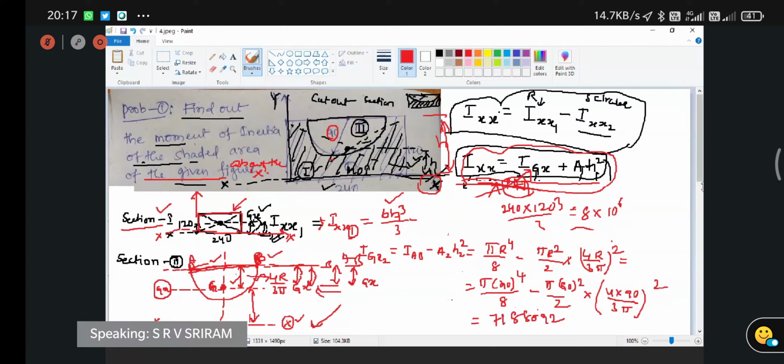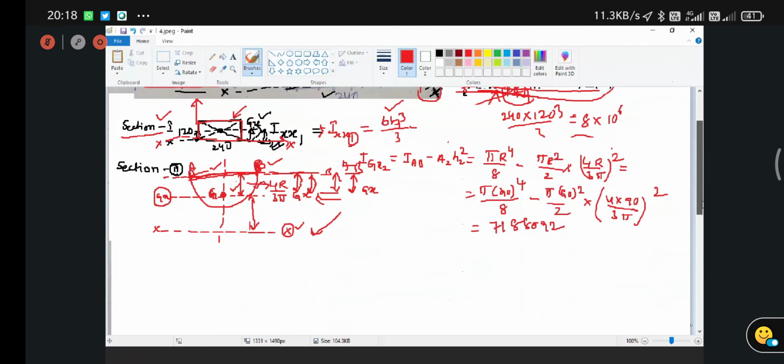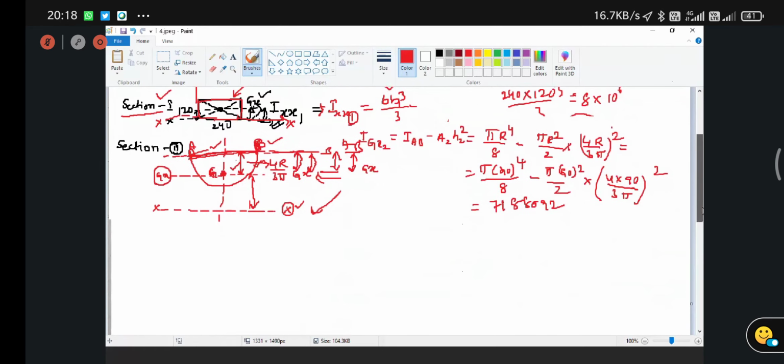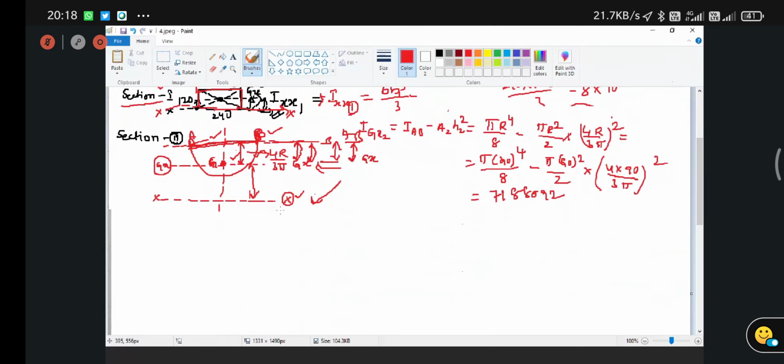This is the IGX2 value, about the central axis. But I want to find the moment of inertia about this x-axis, not about the central axis. For that purpose, these two are now parallel axes. What I am going to do is,